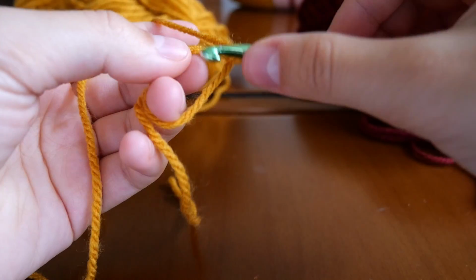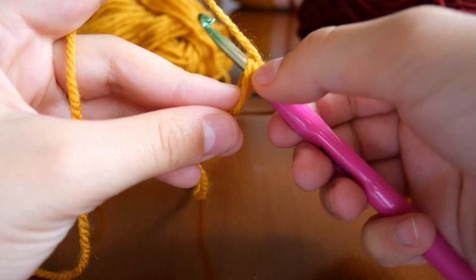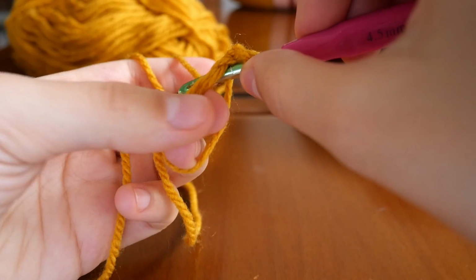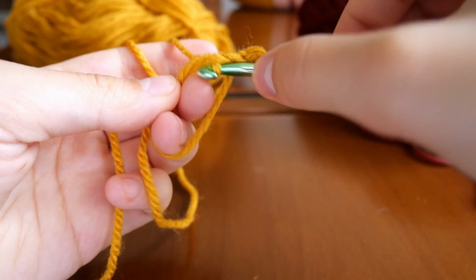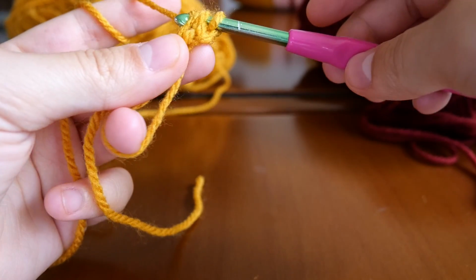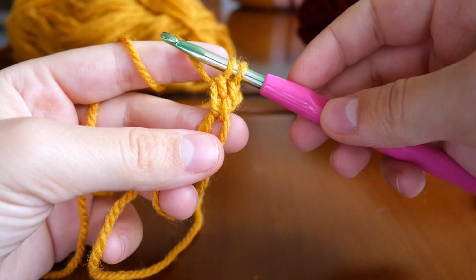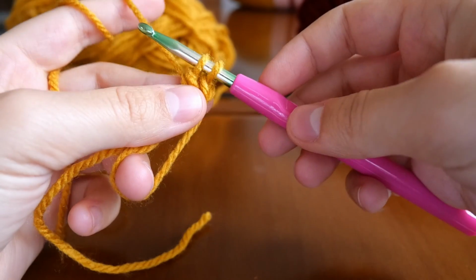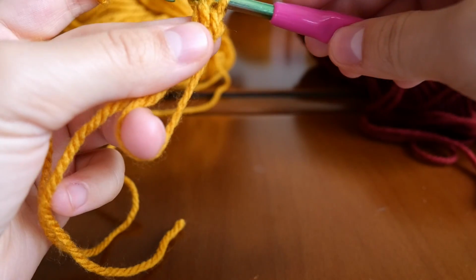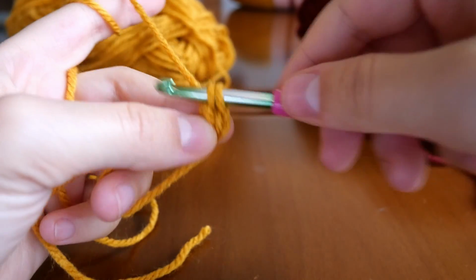And then we are going to make a double crochet. The way you make a double crochet is just go into this ring, grab the yarn and pull through. You have 3 loops on your hook. Grab the yarn, pull through 2. Now you have 2 loops on your hook. To finish a double crochet, you need to do this, but we are not going to be finishing it in